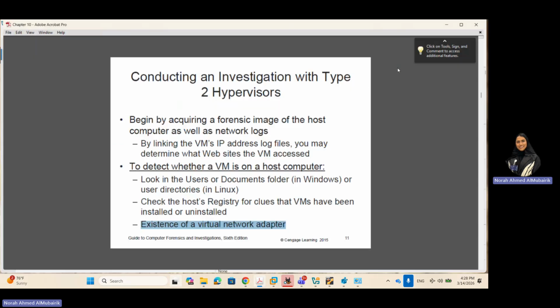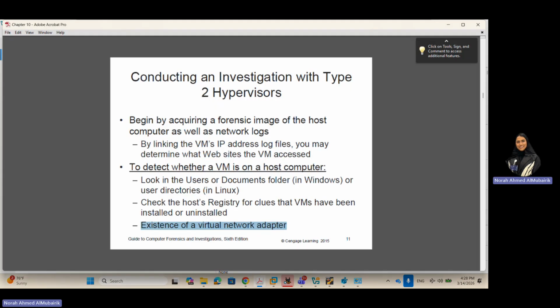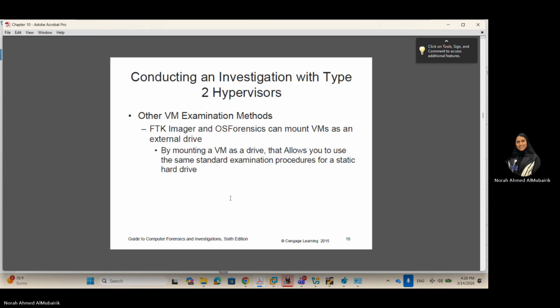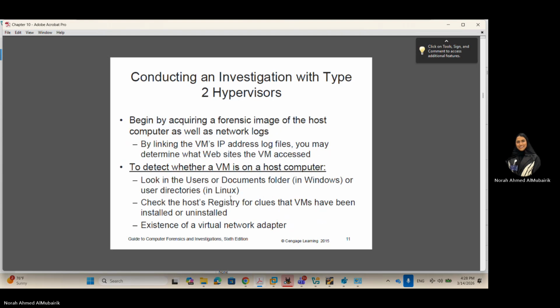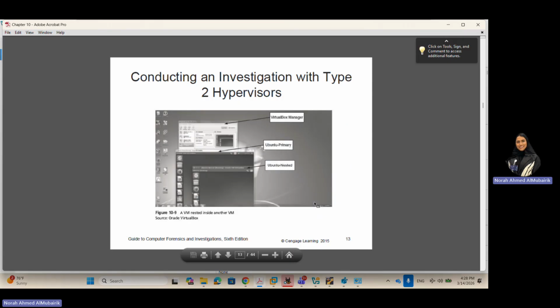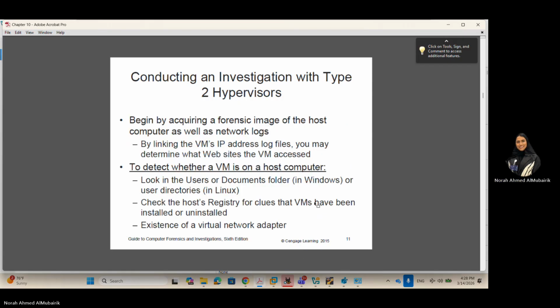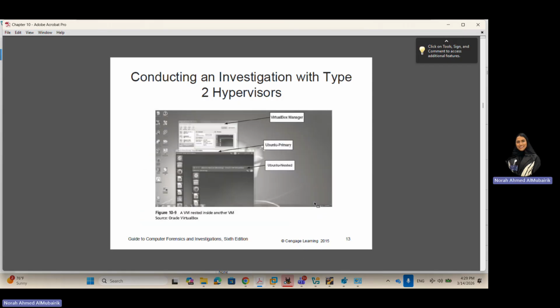Let's go back. So the important thing is that we can find information in documents and registry or in the network adapter. Okay. So if we go here